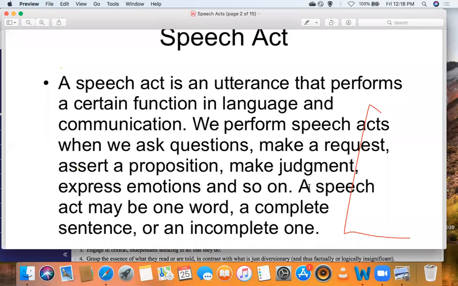So the summary is that a speech act is basically anything that comes out of your mouth, any sound that you make. The question is, what kind of sound is it? What function does it do? And so when you talk about the functionality of the sounds we make, then we begin to divide speech acts into different categories. We have questions, which we call interrogatives. We have propositions, which we call